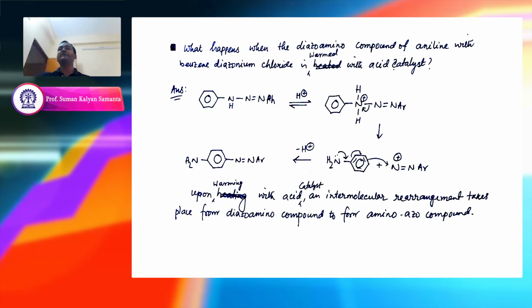Okay. So as I said, this is actually in heating condition. So the course of the reaction changes. You can consider that this diazoamino compound is the kinetic product and the amino azo compound is the thermodynamic product, because you are doing it in warming condition, but the carbon nitrogen bond is forming here. So probably this is becoming the more stable one. Okay, and that is why you can consider this is the thermodynamic product while this is the kinetic product.